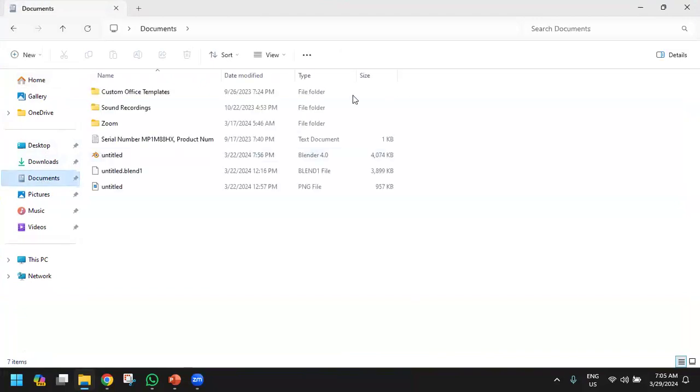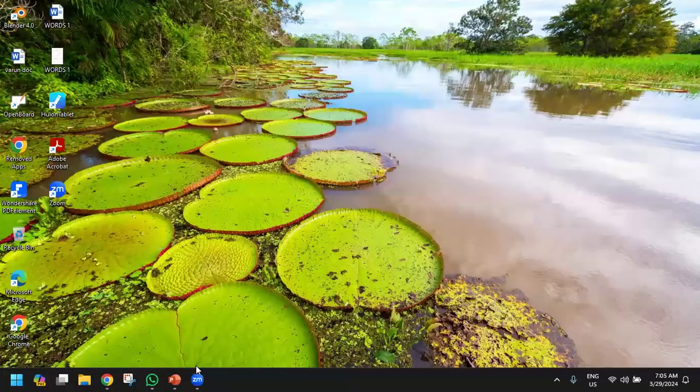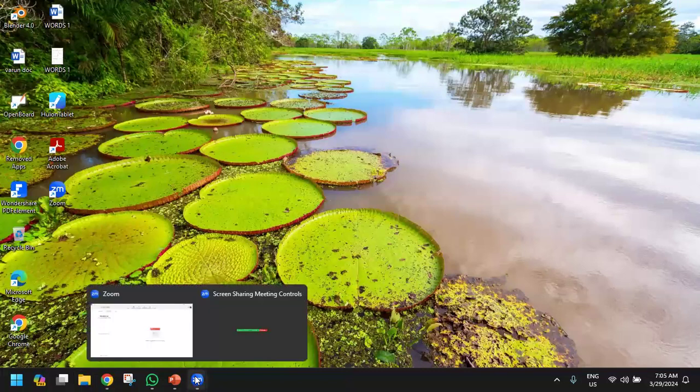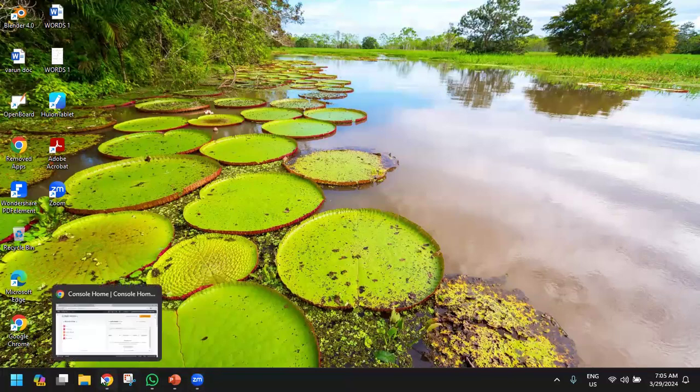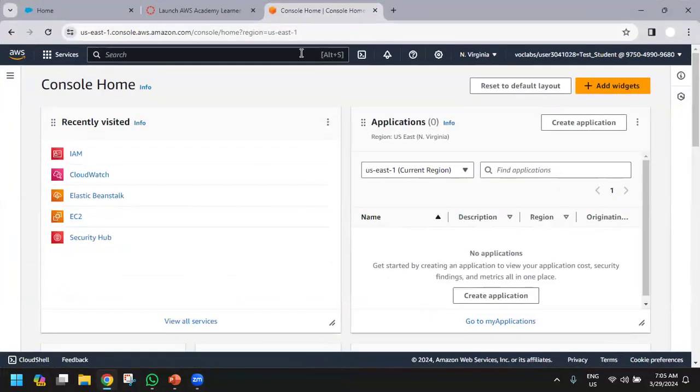Clicking on this document is nothing but opening in the CMD. It is called a CD. Is it visible? Can you see? Yeah, everything is visible. So that is the second way of accessing. That is CLI or Cloud Shell.